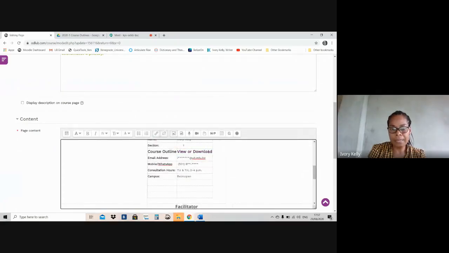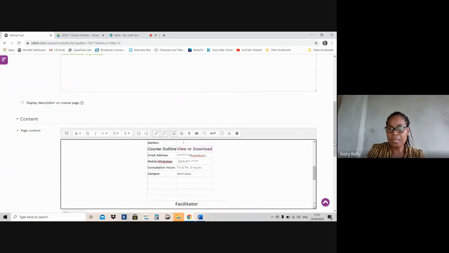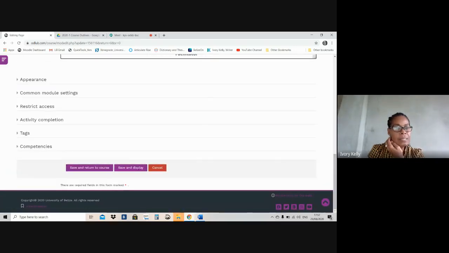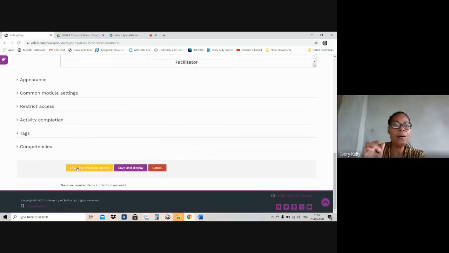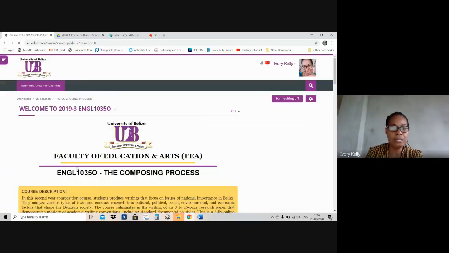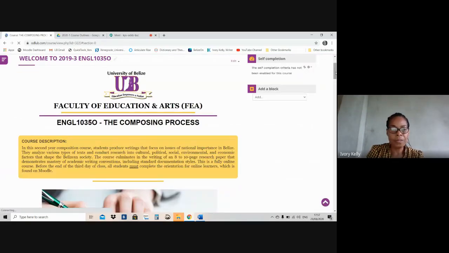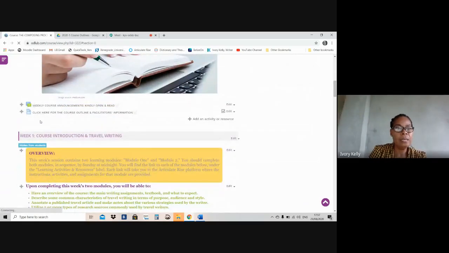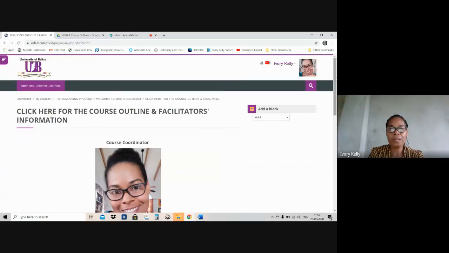I know that it's working because it's purple at this point, but the proof of the pudding is in the clicking from the viewer's page. So let us scroll on to the bottom. You save. Now you're done with everything that you need to do in that page. And then let's go and see how it all looks. Good. All right, so as a viewer, this is what your students are going to click on because it says click here for the course outline and facilitators or lecturers information. You click there, and